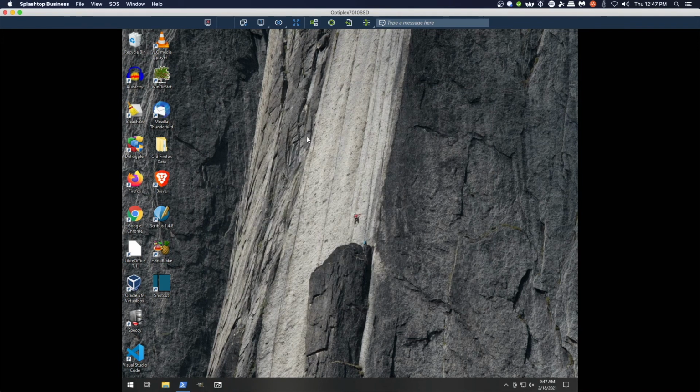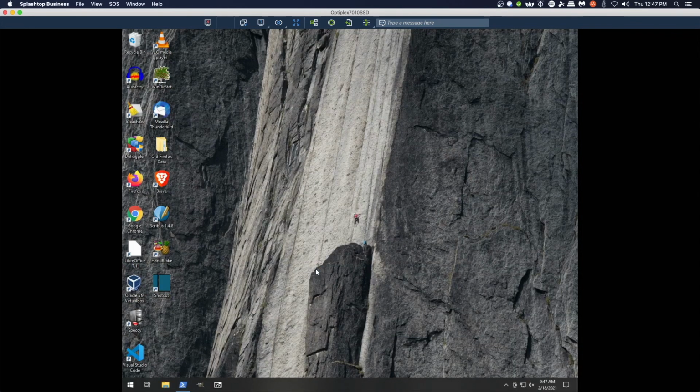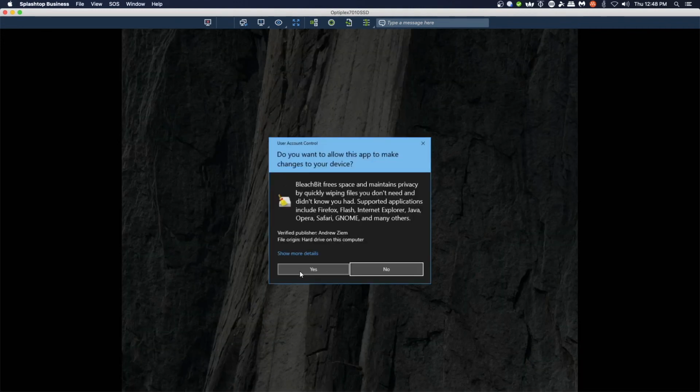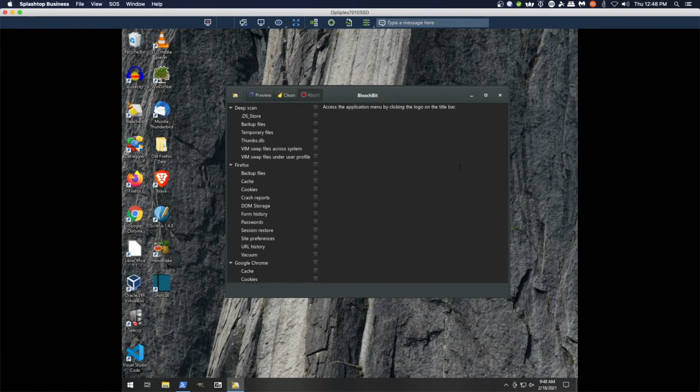And last but not least on our list is BleachBit. BleachBit is an alternative to CCleaner, and its purpose is to free up space on your computer. This can help you clean cookies and temp files and Windows Update files that you no longer need to free up space on your computer. And we'll get this launched. There we go. BleachBit has a very simple interface, and you can choose what you want to